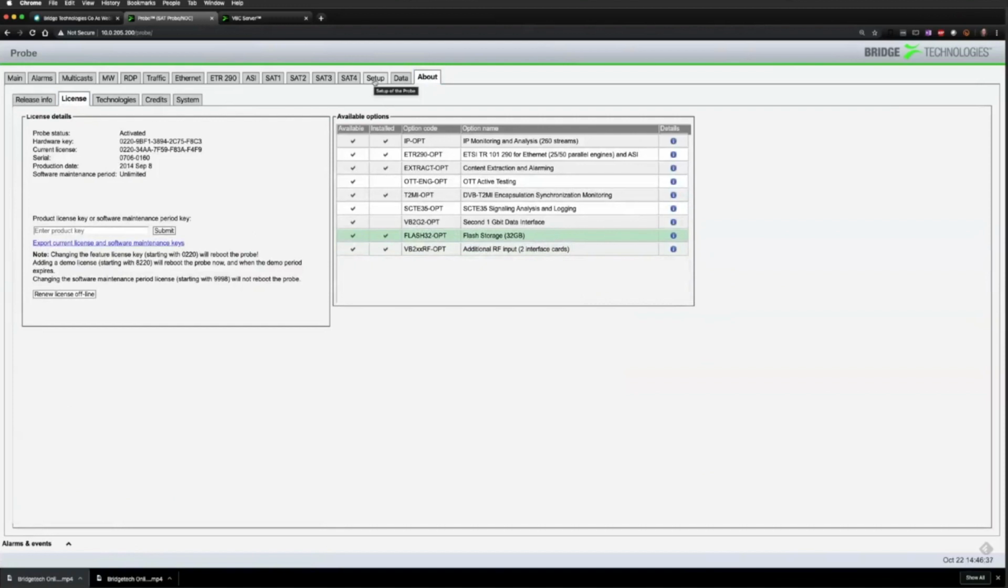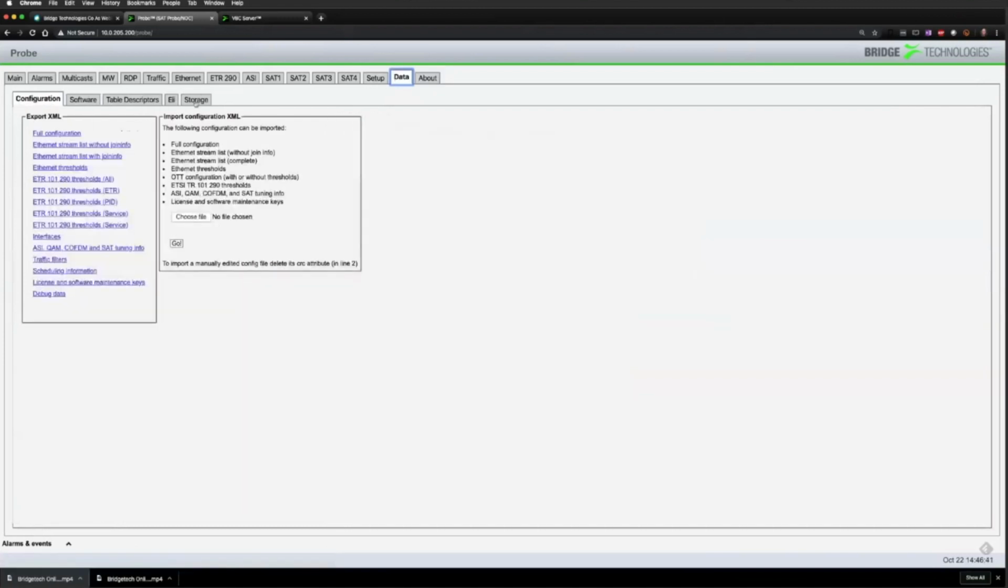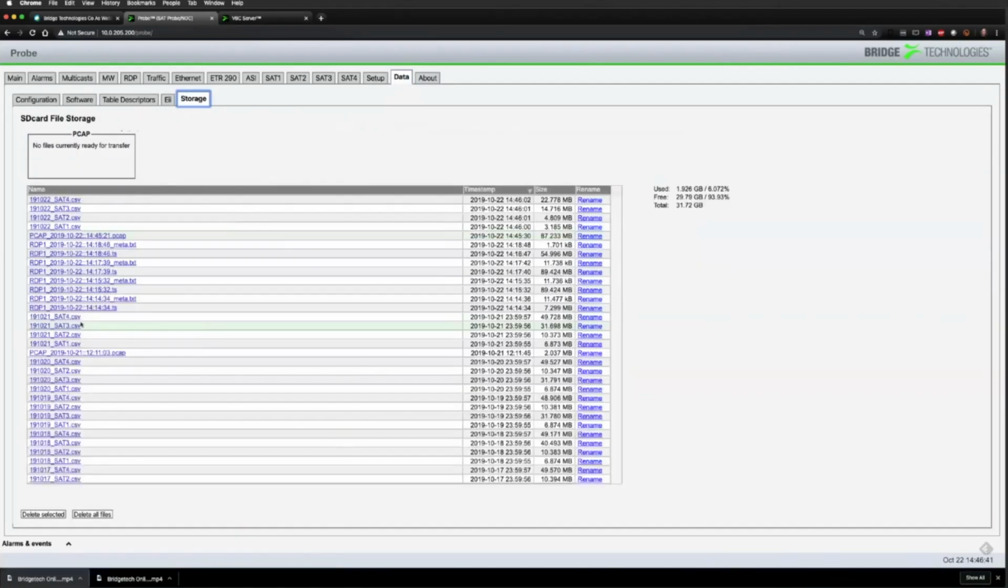Okay, I want to show you something else. You may have noticed some additional files. What are these, SAT4, SAT3, SAT2, SAT1? What actually are these? CSV, so a comma separated variable, basically a spreadsheet. So what these are,